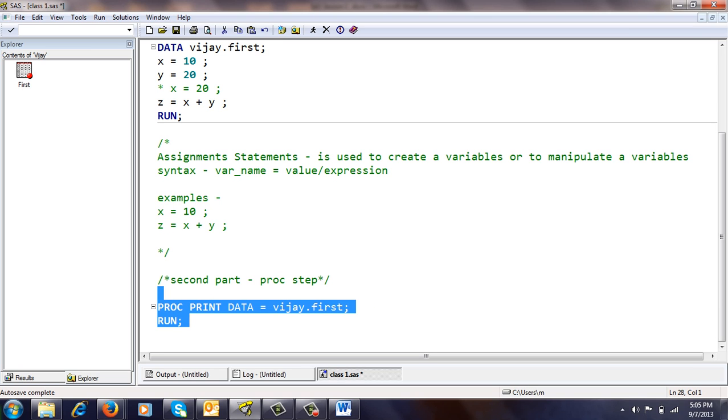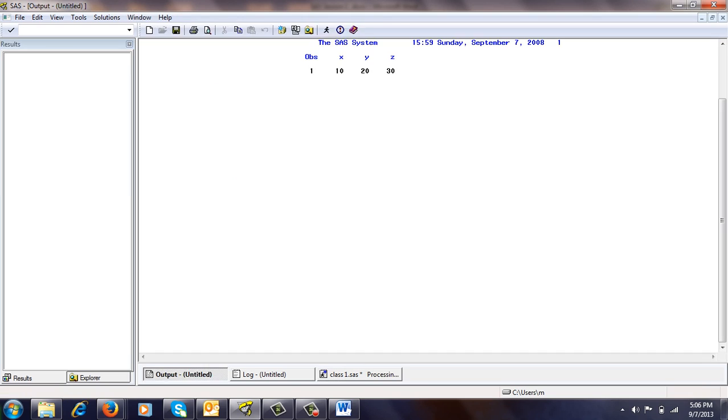Now just select this one and submit this. When you are submitting this, you are getting some results in the output window. The result is the content of your data set. It is giving here 4 columns and 2 rows.